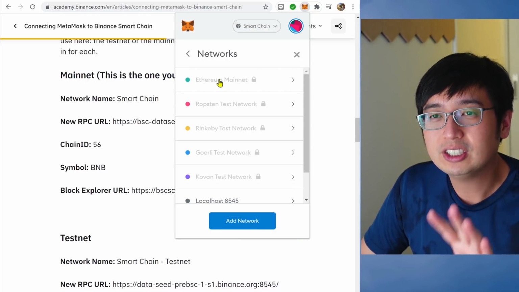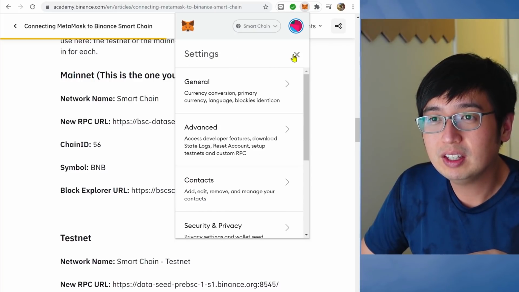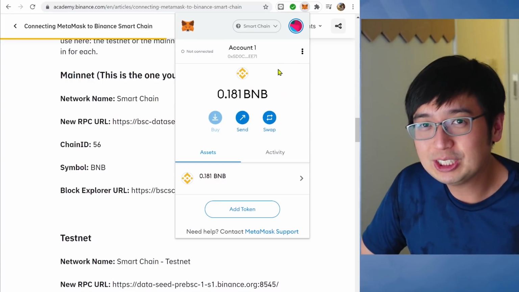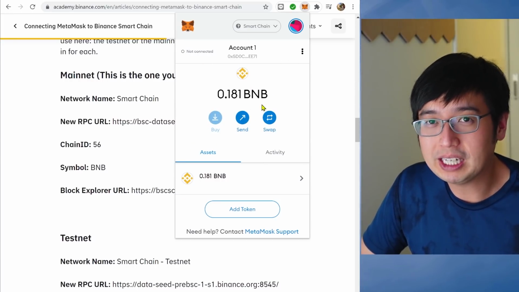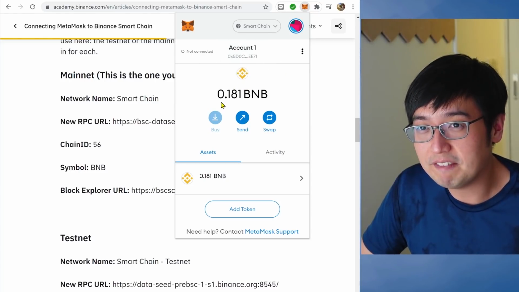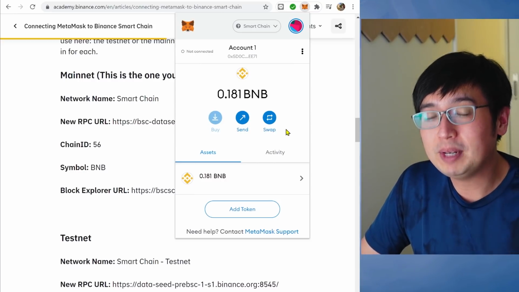Hit save. So now that we've added it, we just get out of here, we go back. We can close this out and you can see that my Binance Smart Chain account information is appearing now. So it's still the same address ending in EE71 and I have 0.18 BNB. Now that we have our BNB ready,